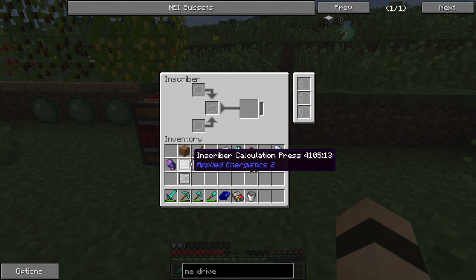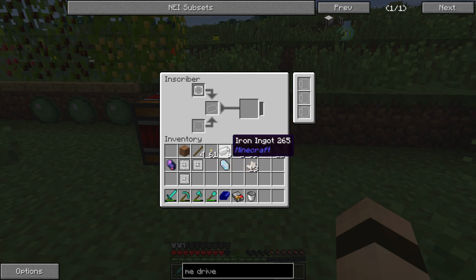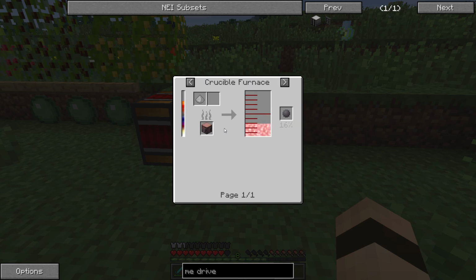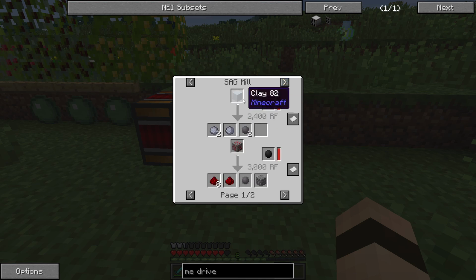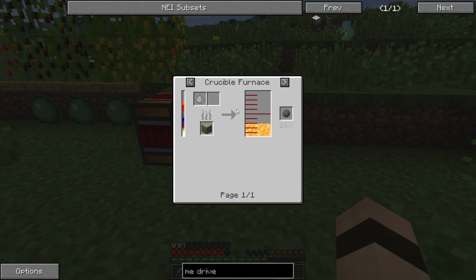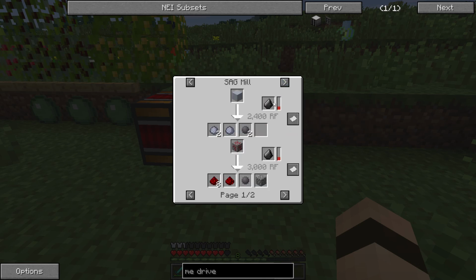So we need a silicon press. But then, how do we get silicon? Unknown iron dust. Oh man, please tell me there's an easy way to get this stuff. Sag mill. Do we need to make a crucible furnace? Is that the only way? What's a sag mill? Alright, well I'm going to see if I can get myself some silicon and I'll be